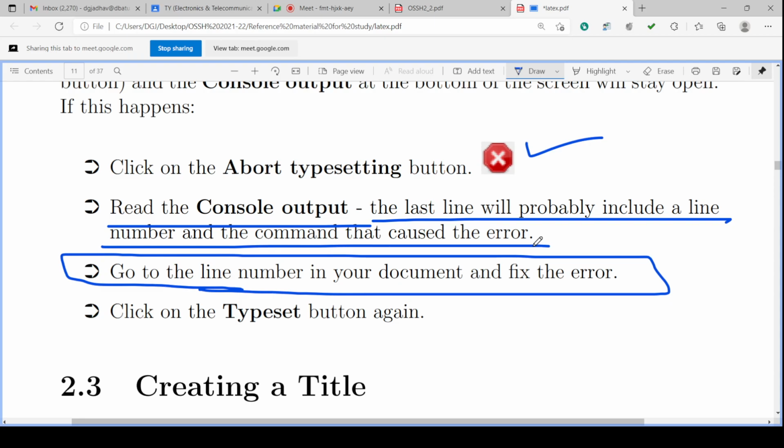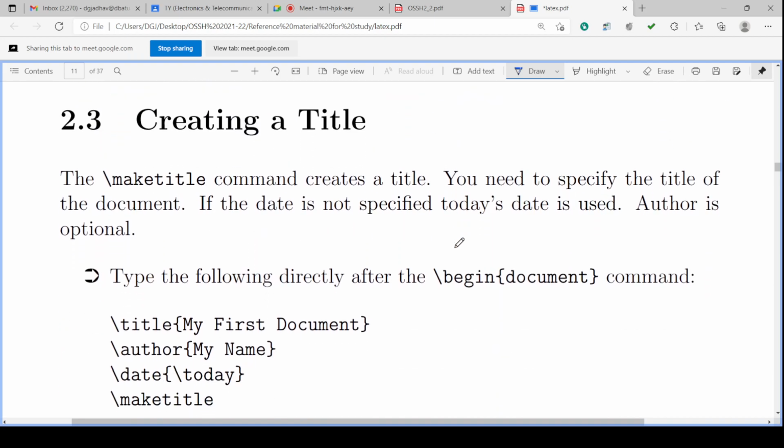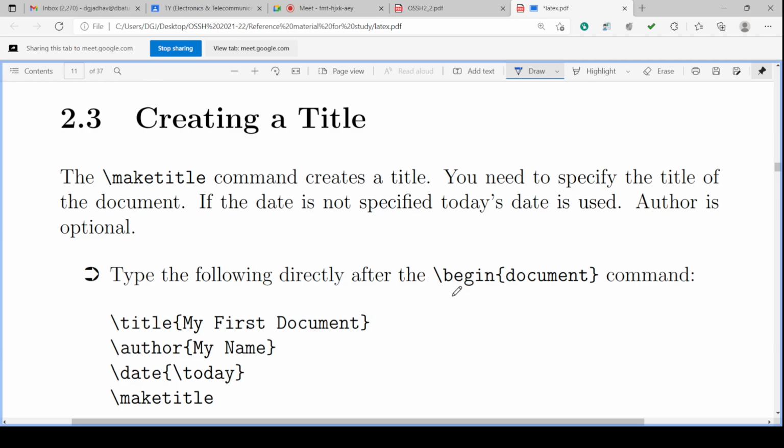So we can check the read console output, find the line number where the error is, go to that line number and fix the error. And after correcting the error, we can click on the typeset button again.